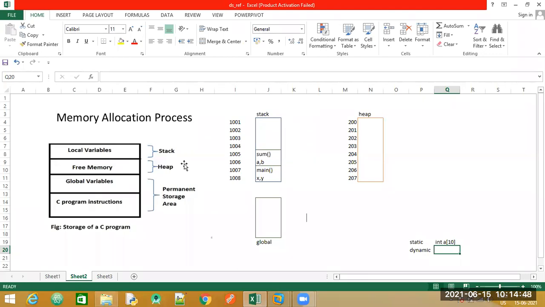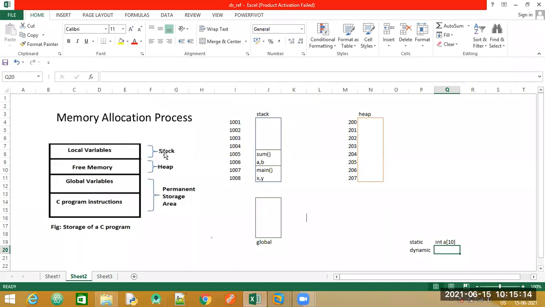Now let us understand what this stack memory is. Here you can see that it is shown in the diagram as local variables. Any variables which you have declared so far in the program, like int n, int a, or even a pointer, int star p, are all put up in this particular section called the stack section.